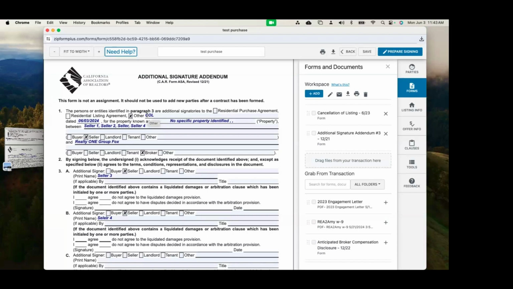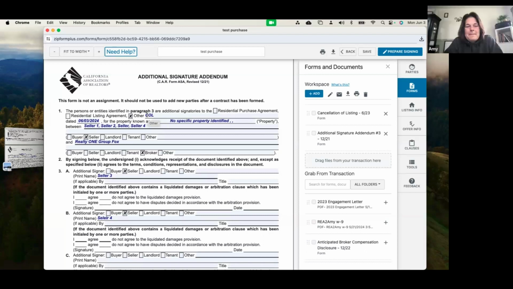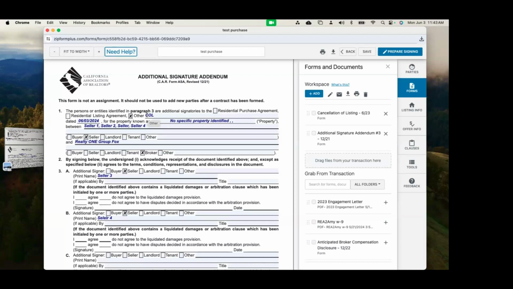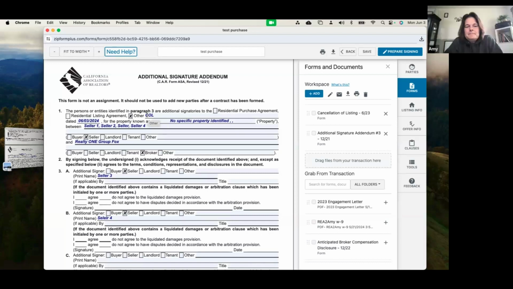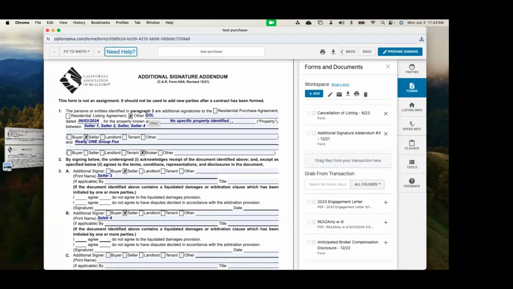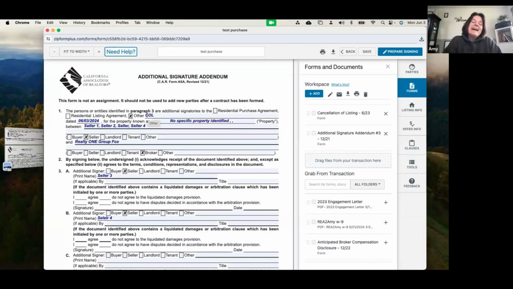Okay, so when you're doing your listing, you're doing your purchase of your RPA, do you have to put a box for each one of these guys to sign on every single document? So technically you do not. However, if you're with Realty One Group Fox, for compliance purposes, we don't need a signature, but we want an initial. And if you're using AuthentiSign versus